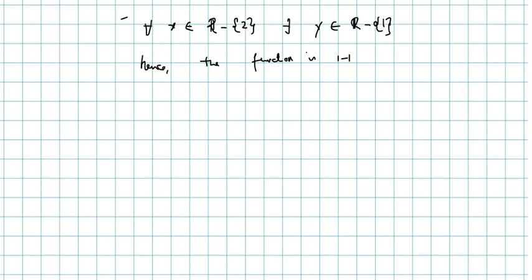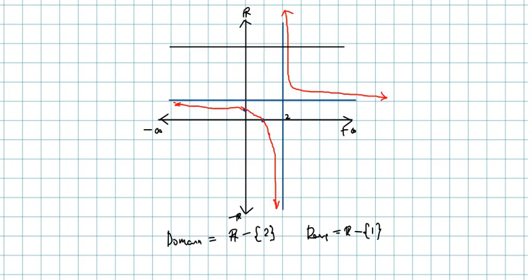To check onto, check whether all the y values are included or not. Again you can see all the y coming from minus infinity up to 1, and up to 1 everything is included except 1. Again from here all the values will be included. All the values of y have their corresponding x, single x. So if I draw the line,